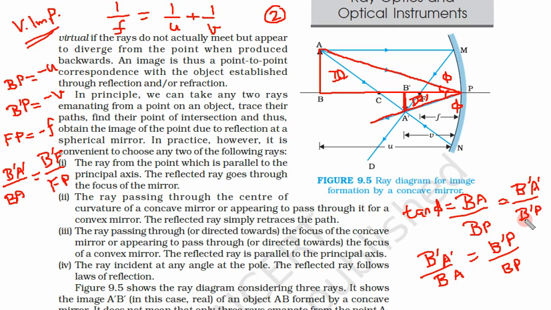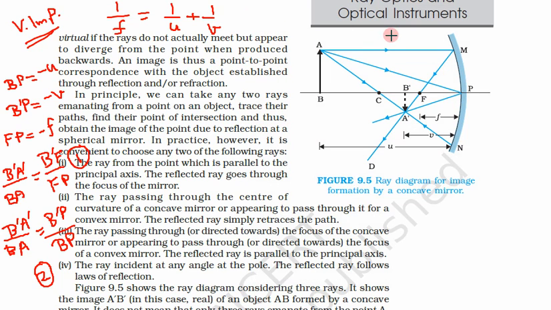So we have taken this side. So B'A' upon BA is equal to B'P divided by BP. So this is the form we have made. So this was our equation 1. Now our equation 2 is nothing but B'A' upon BA, which is equal to B'P divided by BP. So this is our equation 2. So 2 steps we have done. Now in the third step, this problem will be solved.